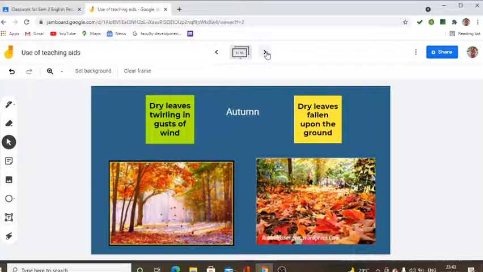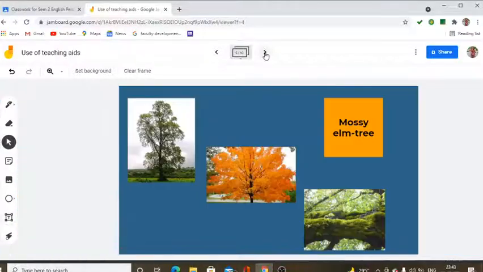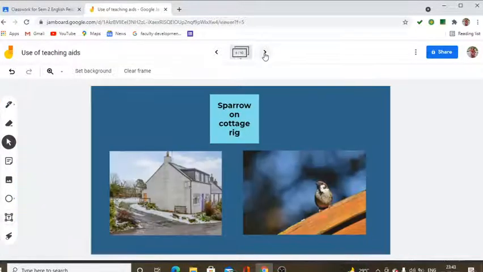Here the teacher shows this particular picture, and says, usually these types of cottages are called rig cottages. She also shows the picture of a sparrow sitting on a cottage and says that the sparrow sitting on a